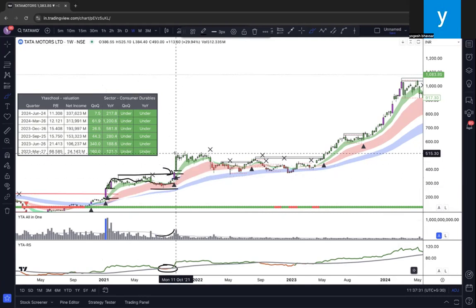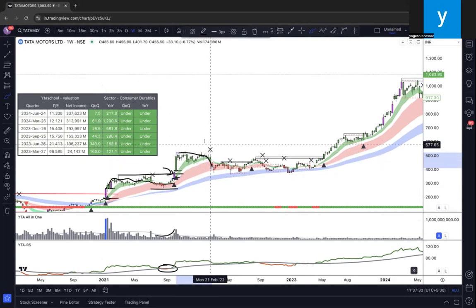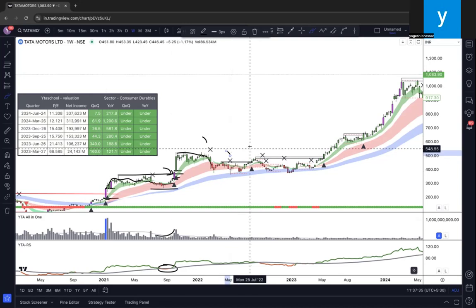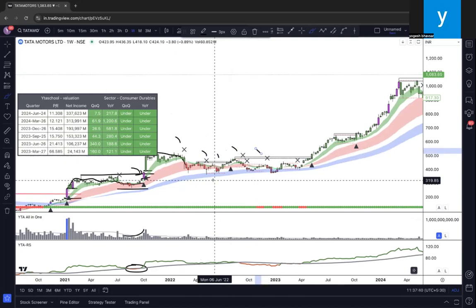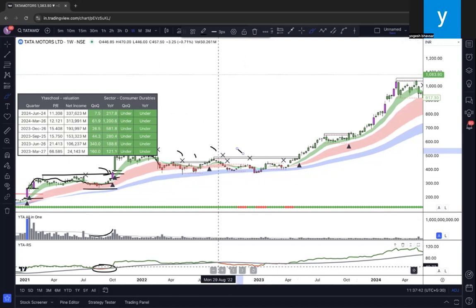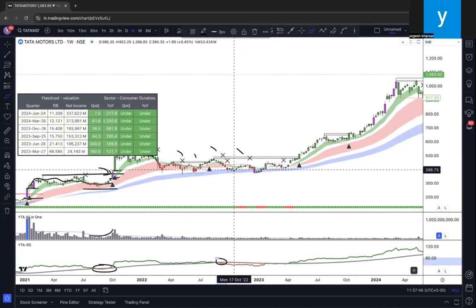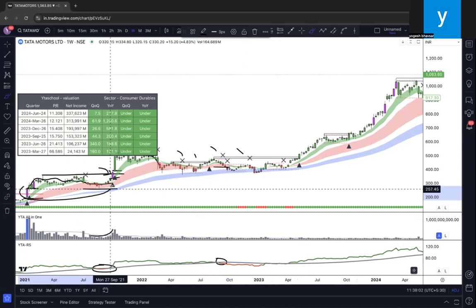Now what happened? The stock slowly lost the momentum. How do we know? We are getting multiple X's and we are getting multiple resistance boxes. Okay. Do we exit? No. What we do, we wait for the trend to go down to red. As soon as the trend went down to red, we have this latest red box over here. What we did, we put a stop loss. The next Monday morning, it triggered our stop loss. We are out of both the trades we have taken.